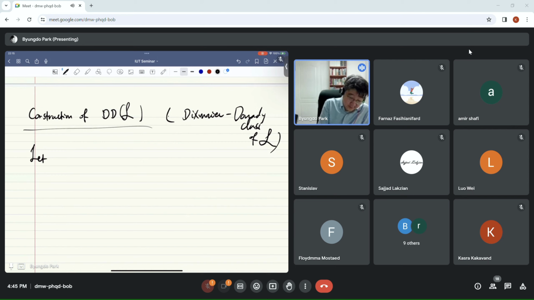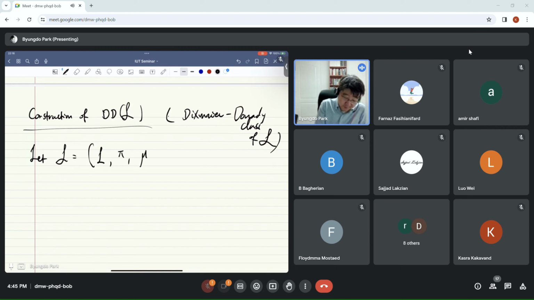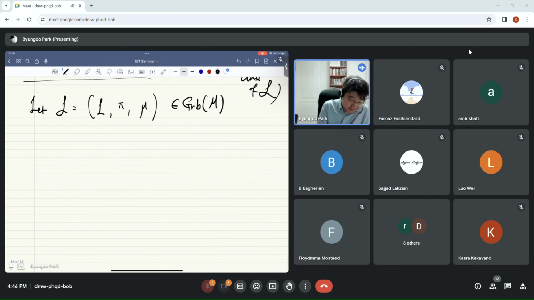Let L be this line bundle, the surjective submersion, and the bundle gerbe multiplication, or sometimes we call it bundle gerbe structure because it basically characterizes what the bundle gerbe is. This is a gerbe, so I'm going to denote this category of bundle gerbes as Gerb(M). I'm going to tell you more about this category later, but for now, let me just say that this is an object in this category, and then choose